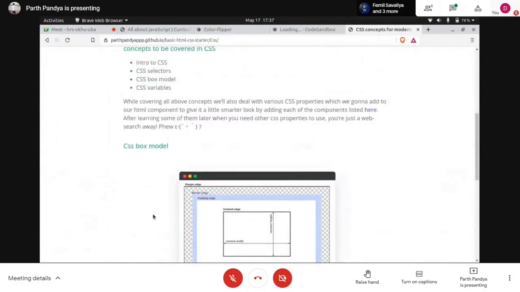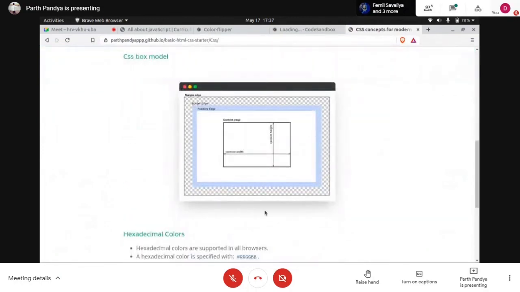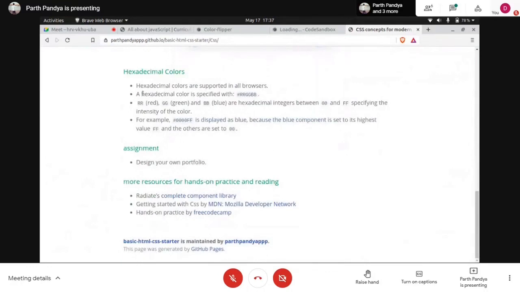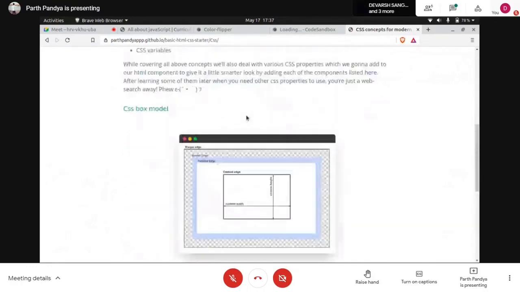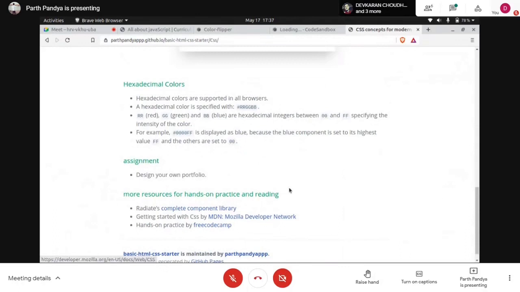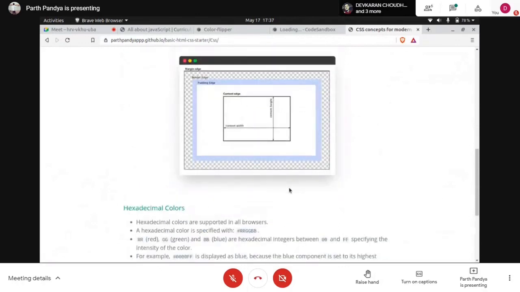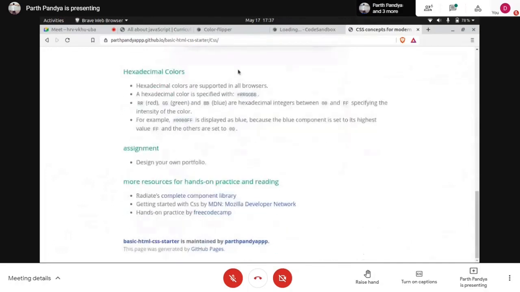If you have not prepared this in CSS, you need to be clear with the box model, which we have already done in the previous session. If you have any doubt regarding that, you can read the MDN, Mozilla Developer Network documentation, and you can also DM me anytime if you want to learn that.